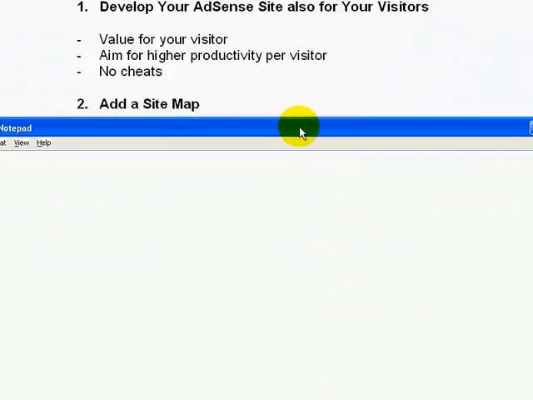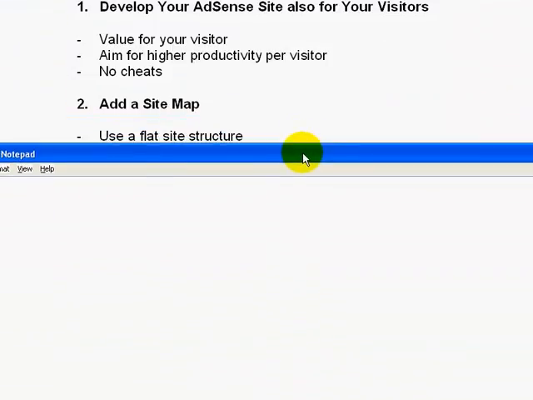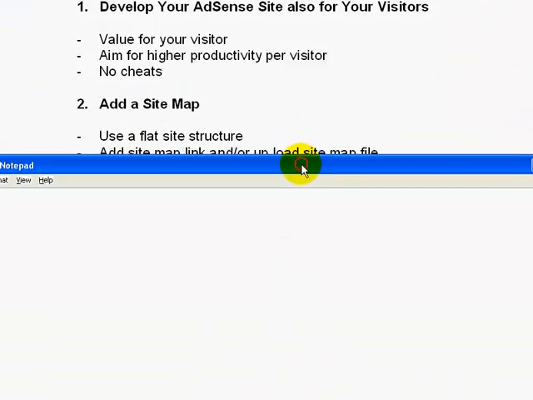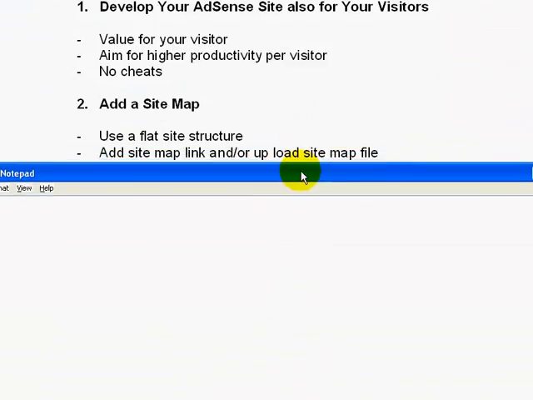Secondly, you need to develop a site which is easy to navigate not only for your visitors but also for Google's AdSense bot. And I recommend that you use a flat site structure where all your pages can easily be reached from your main page via one static link. I also highly recommend that you add a sitemap link to your main index page or upload your sitemap using the Google Sitemap feature